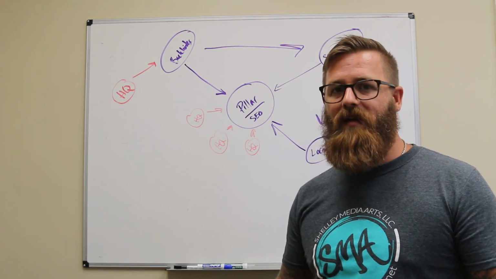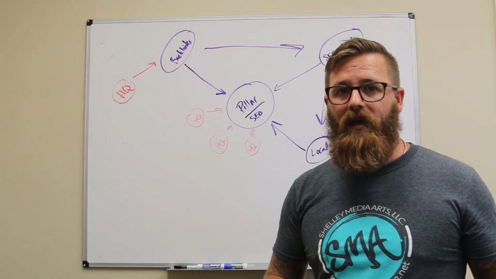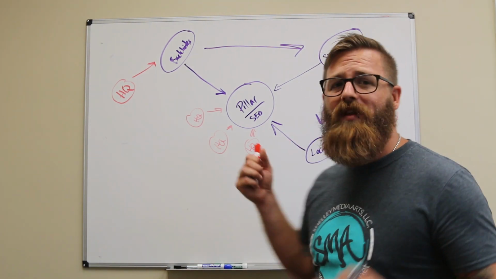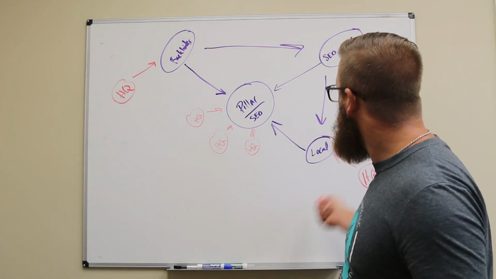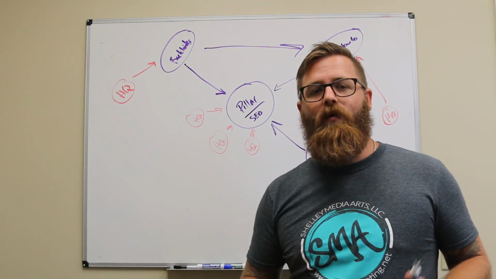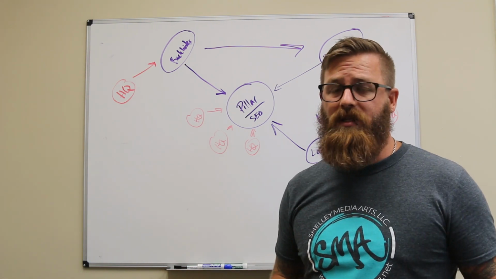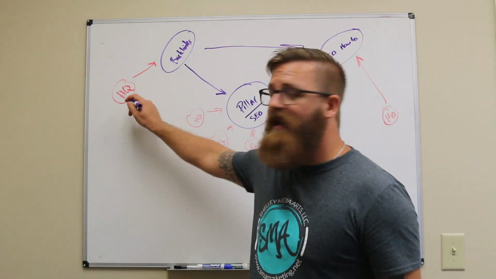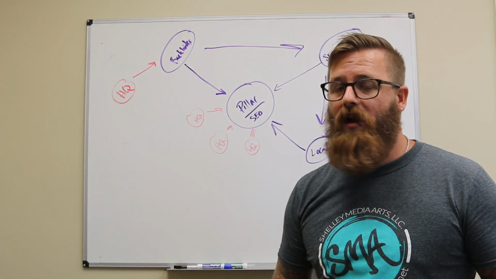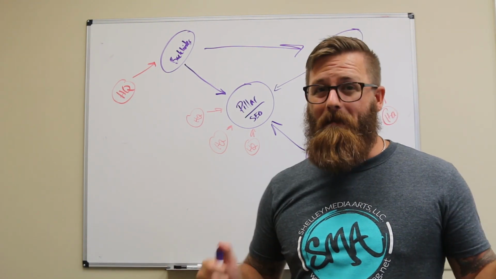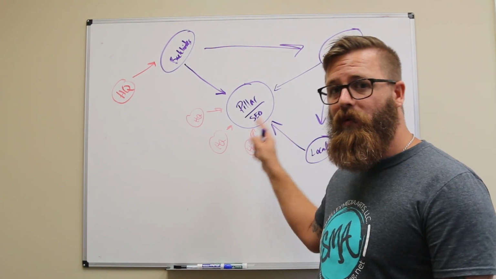Make sure that the technical side of it's done right, that the content is well written, that it's easy to read, that it's digestible, that it's contextual, and then make sure that you have the links in place. This is a critical piece of the strategy to make it work, and a lot of people don't do it because it's hard. And it does take time, and it takes a lot of organization and understanding what are these types of sites that you should be linking to. Not all links are created equal, and you can spend a lot of time and a lot of money buying or going after bad links that are actually going to do the opposite of what you want this strategy to do for you.